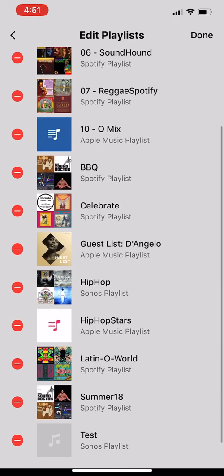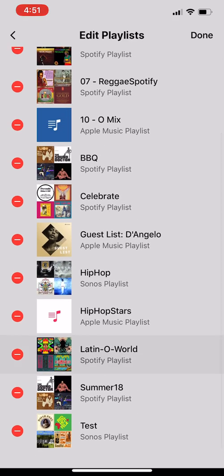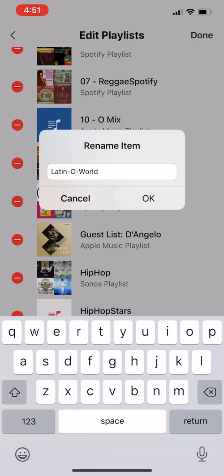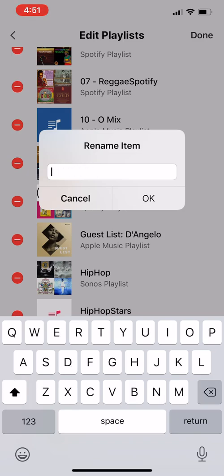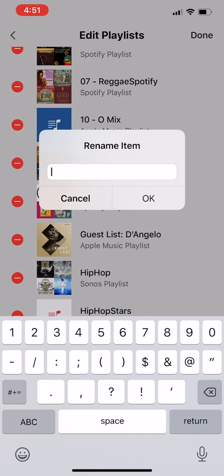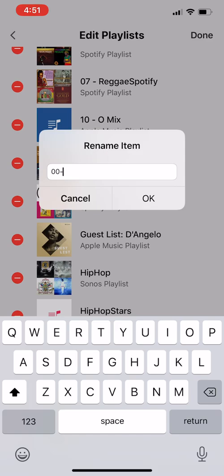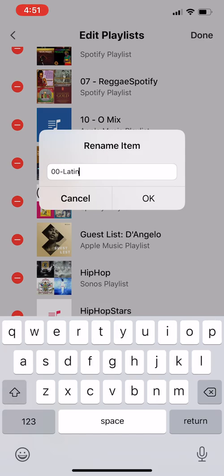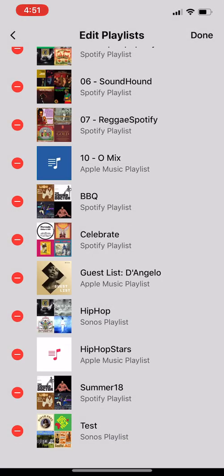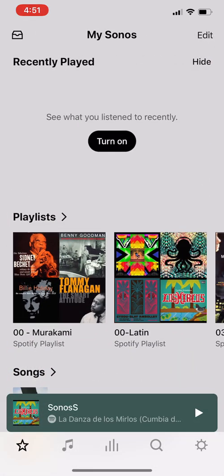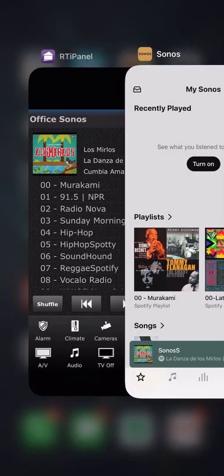And we'll scroll down, choose Latin World, and here we can rename it to whatever we like and have it show up at the very top of the list. So we can say 00 dash, select OK and done. And then if we go back to RTI panel,